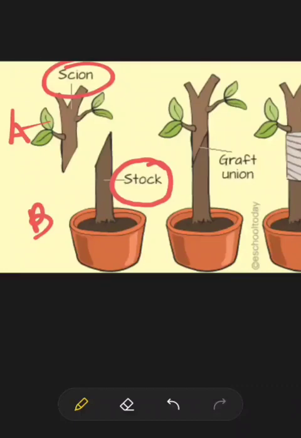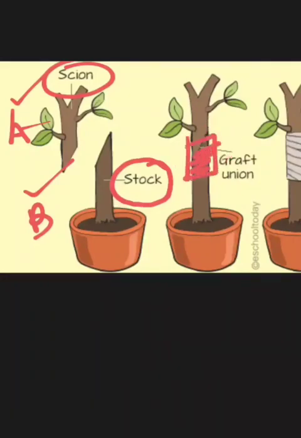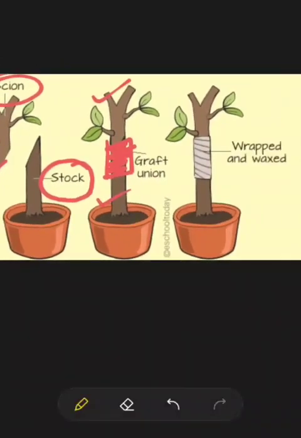After a few days, we will take A and B and put them together and tie them together with the help of polythene or rubber band or whatever. What will happen is that these two parts, A and B, will start to grow together into a totally different plant, okay. They will merge together due to rapid division of the cells and start to grow as a new plant. The stalk, so this rooted part, supplies the essential nutrients to the scion.